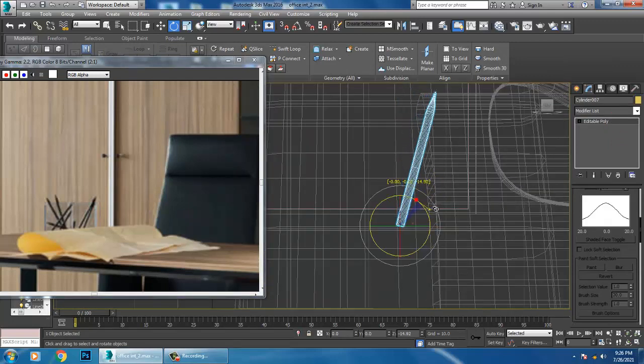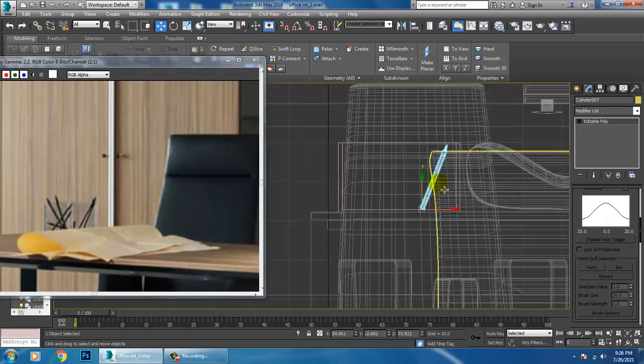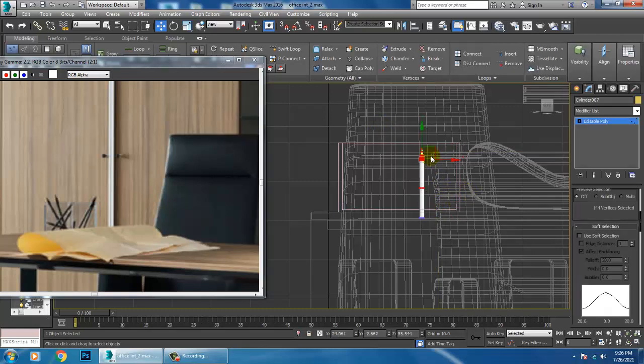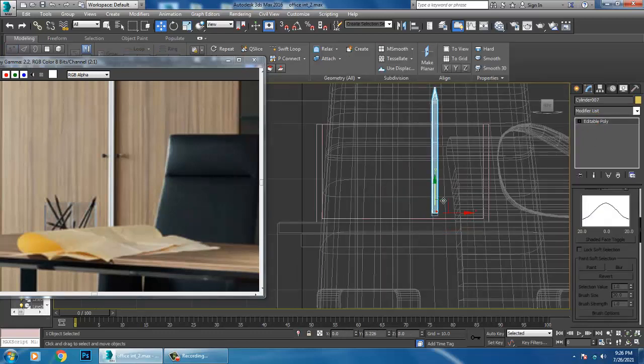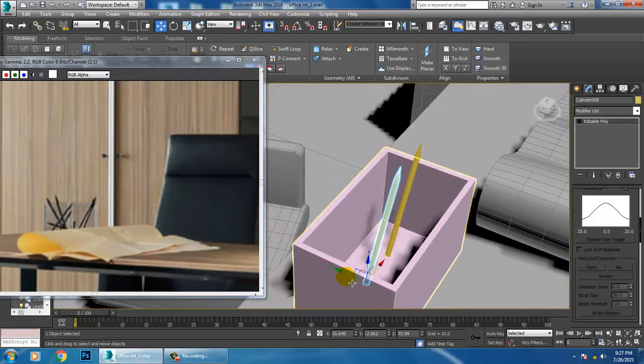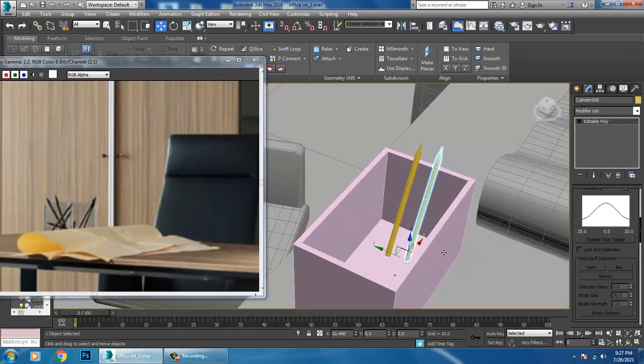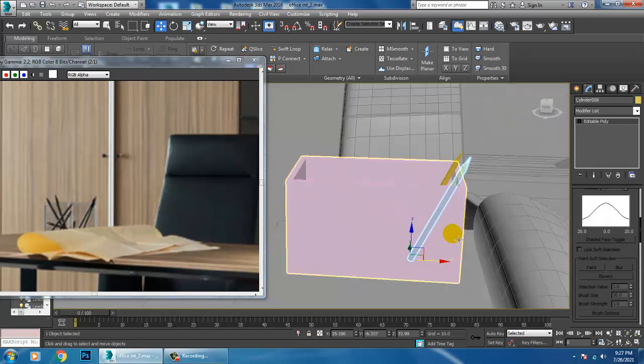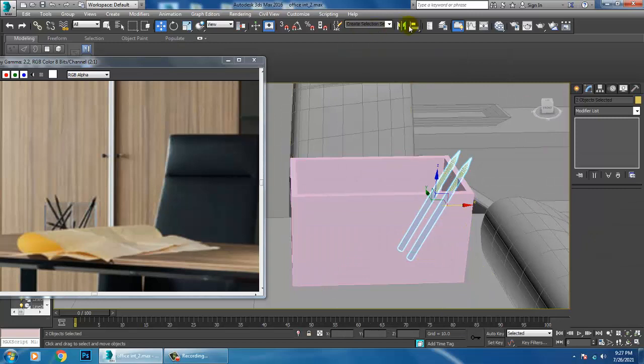You can just multiply that. Select this and slightly push this up. Just mirror it.